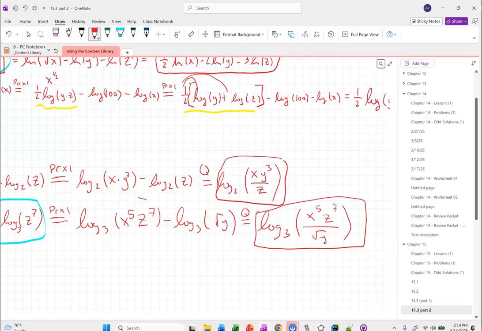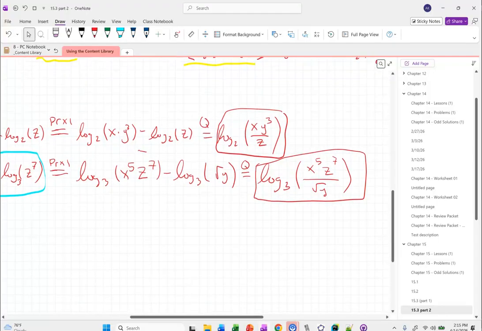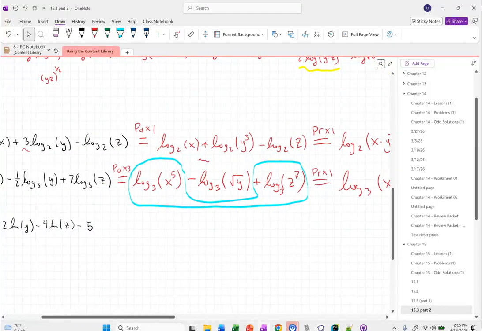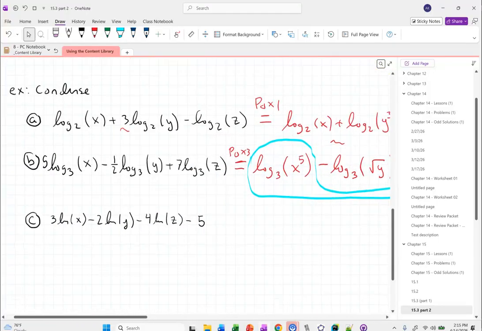Everybody feel good here? Nothing too tricky going on, right? The trickiest thing was that I wrote the logs in a weird order so that I was trying to trick you to apply the product property incorrectly. But that's easy enough to catch once you've seen it, like, oh yeah, I've got to make sure that I'm not doing that. Okay, and then our last example